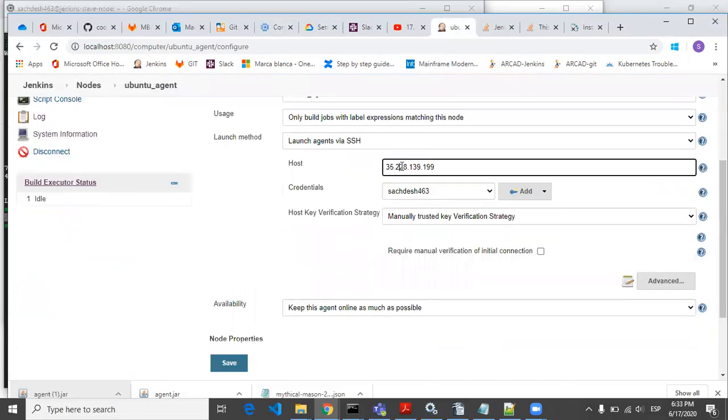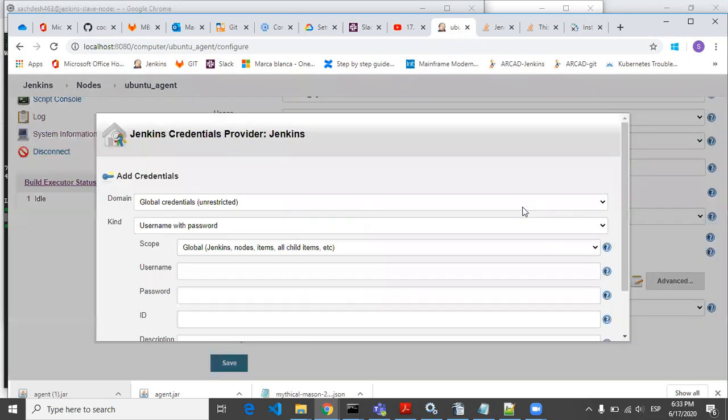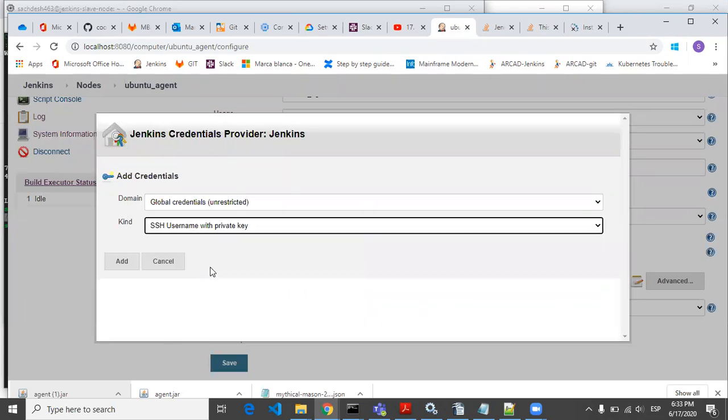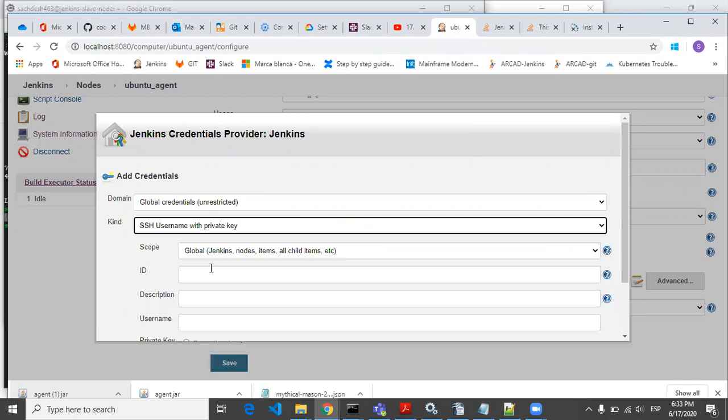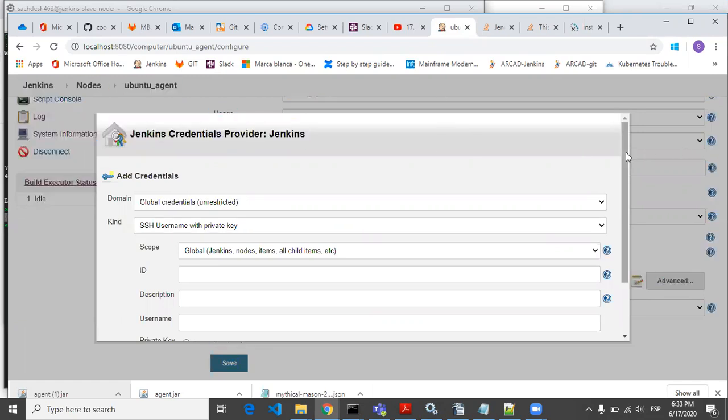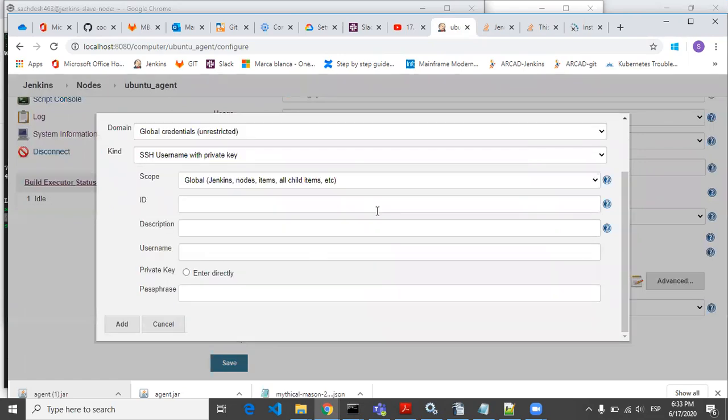Now it will ask for credentials to connect to that host machine. For this, I just go to add Jenkins, and here I selected SSH username with private key. In that you just have to give some ID like Jenkins key or something.